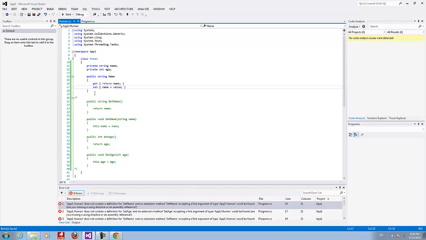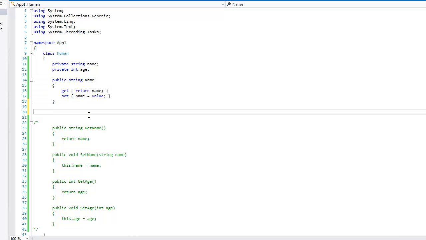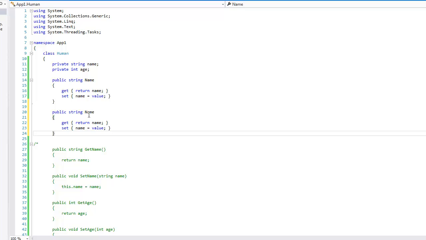Now we are not using the methods anymore to define our properties, because the methods should be used to describe the behavior of the object. So that's why in C# there are different syntax constructions. In Java we still use methods to describe our properties.